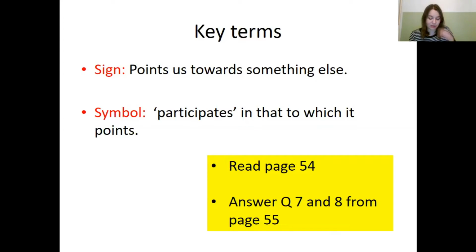And then question 8 says, make a list of ways in which religious people use symbols in ways other than through spoken and written language. You may consider symbolic foods, symbolic dress, symbolic architecture, symbolic objects and artifacts, and symbolic activities. So symbols can be a lot more than just pictures. So what else can be symbolic? And try and think of some examples of how religious people, it doesn't have to be Christians, but any religion, might use other things as symbols.